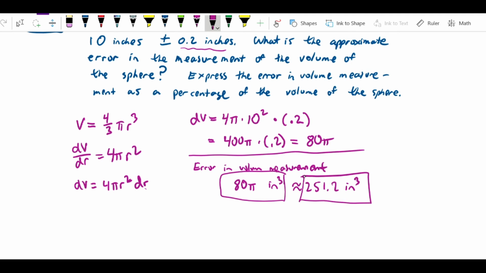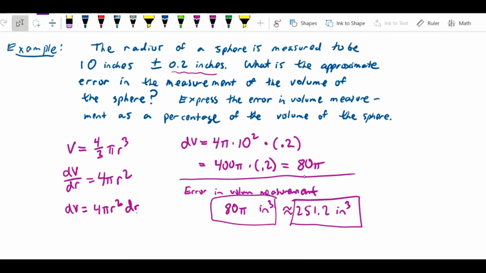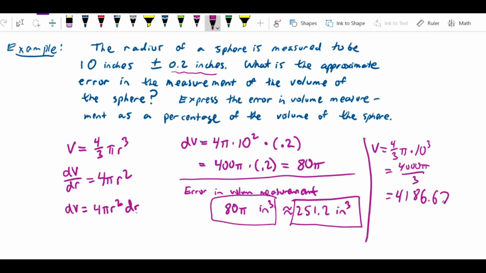What that means is that if I'm off by 0.2 inches, then my measurement of the volume might be off by 251.2 cubic inches. So the next part of the question is to express that as a percentage of the volume of the sphere. The volume of the sphere, if it's really 10 inches in radius, is going to be 4/3 pi times 10 cubed. So that's going to be 4,000 pi over 3, which is 4186.67. So a 10-inch radius sphere has a volume of about